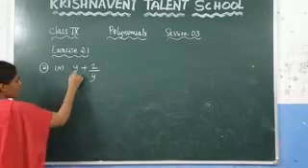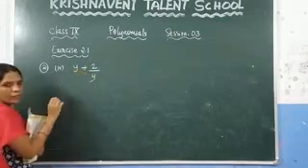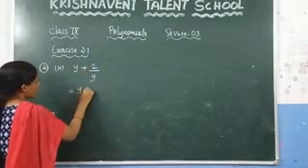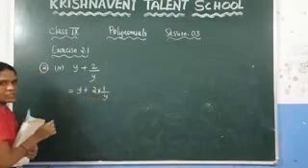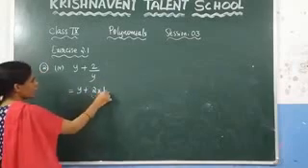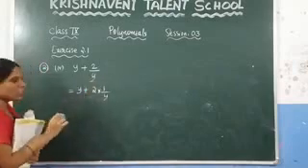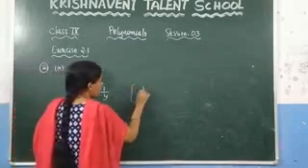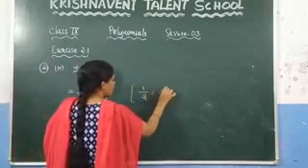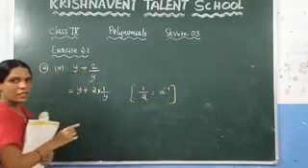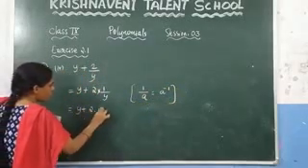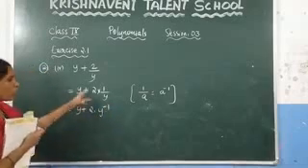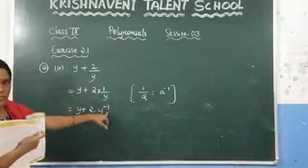Now here you can observe that these two are variables. This one you can write as y plus 2 into 1 by y. Can we write it like this? Right, because 2 into 1 is 2 by y. And you know that by using the law of exponents you can write 1 by a as a power minus 1. So based on that you can write this as 2 into y power minus 1. What is the value of 1 by y? It is nothing but y power minus 1.